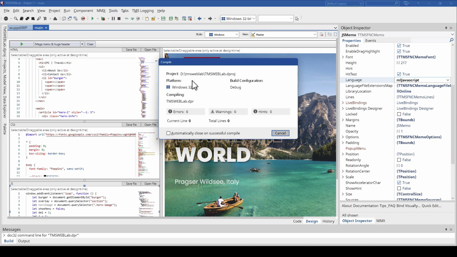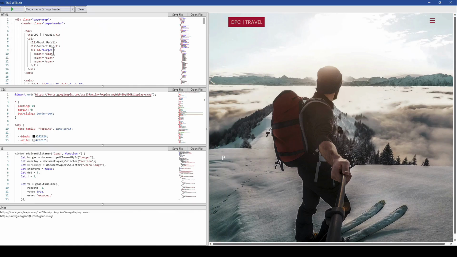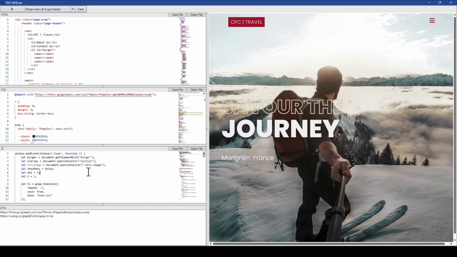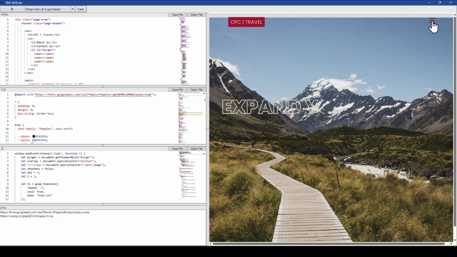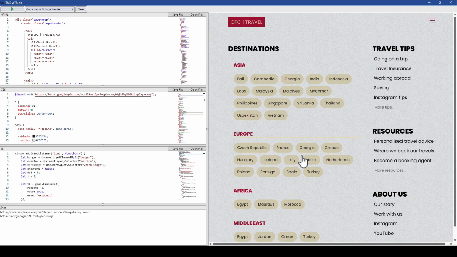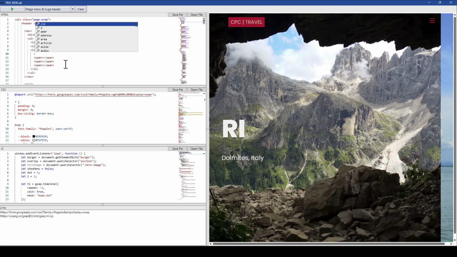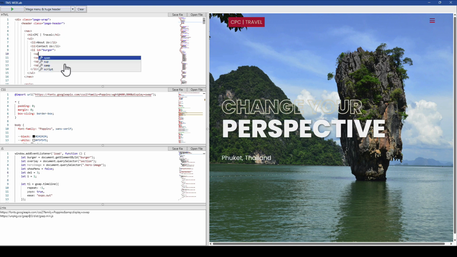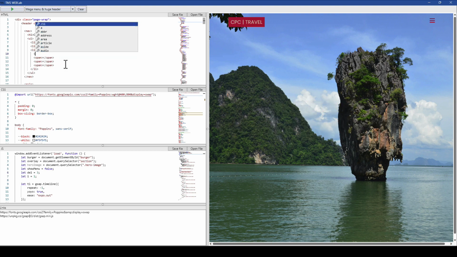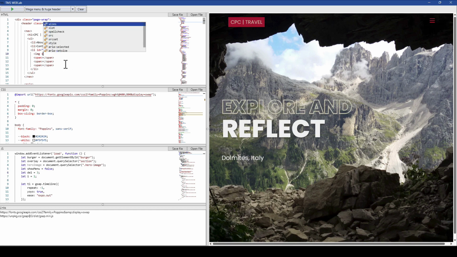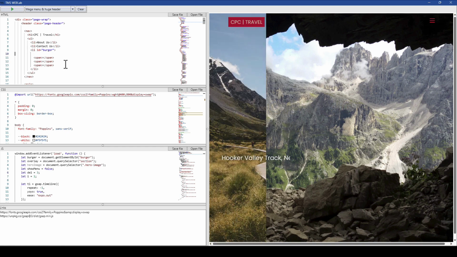Let's run this application first so you see what is going on. Here's the HTML, the style sheet, and the JavaScript, and this is a full-blown HTML project with menus and lots of layouts. So this is a modern web application, and the cool thing is if you edit this, for example here, if we go into the burger menu and type, you see we get code completion. So if you say span, or for example, let's say I want to add an image and I press space and source, see, you get all the code completion according to the language that we use.